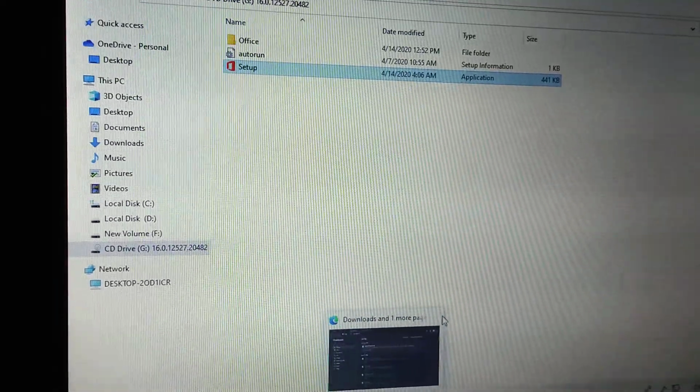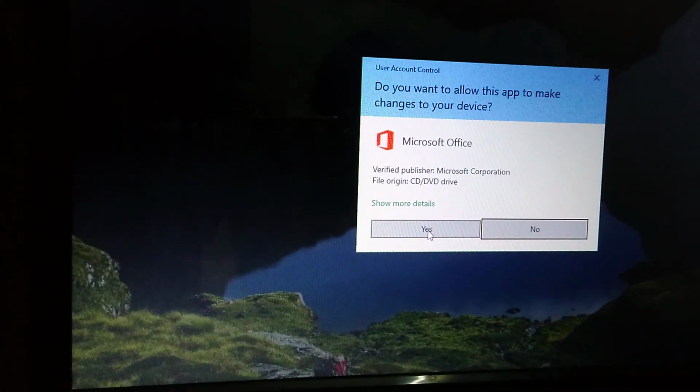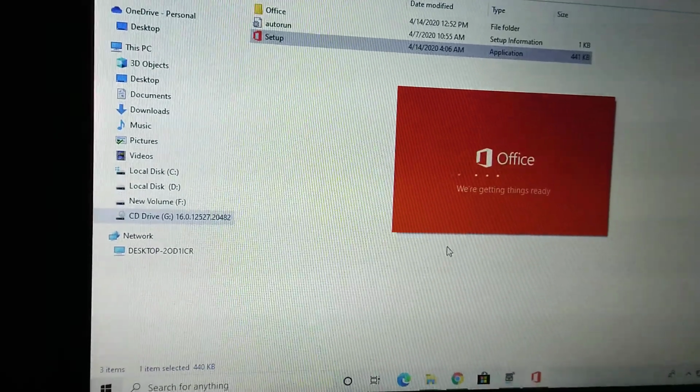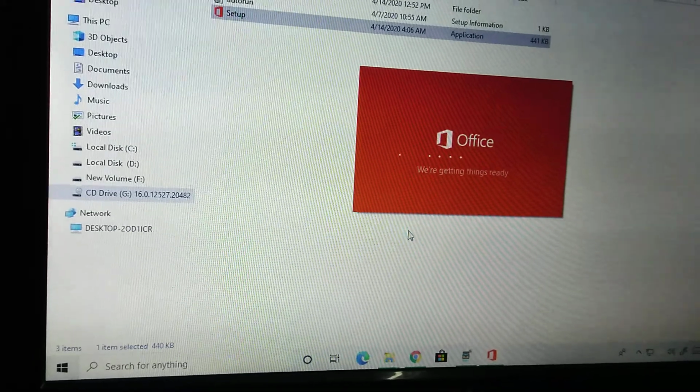Now you can close all your browsers. Now this will show up a warning. Just simply click yes. Please be assured that this will not take any USB flash drives. Now let it just finish to start the setup.